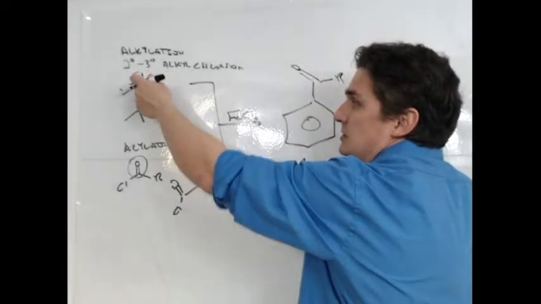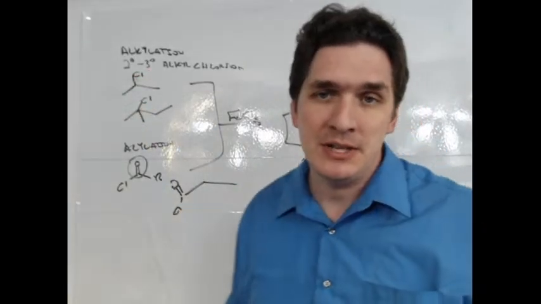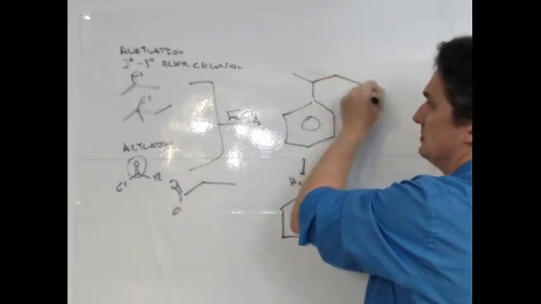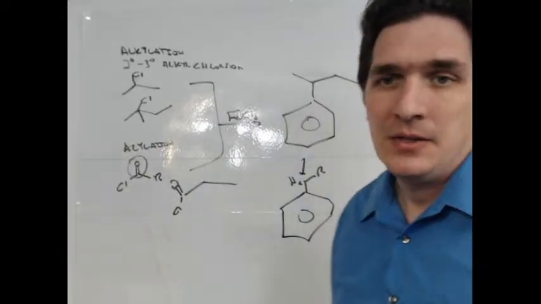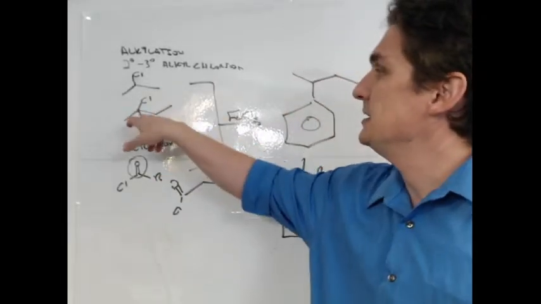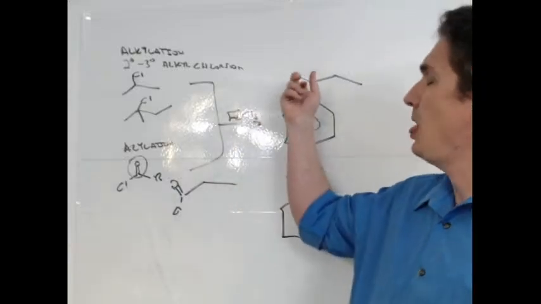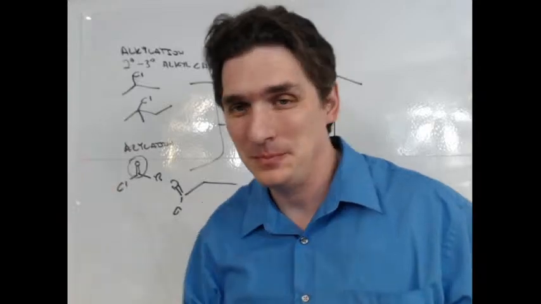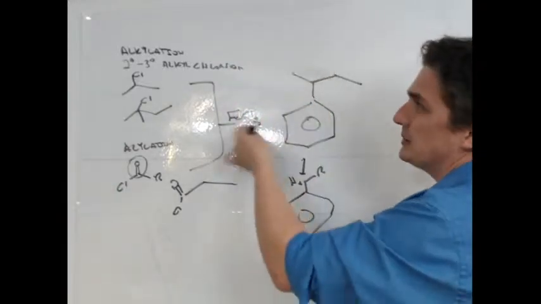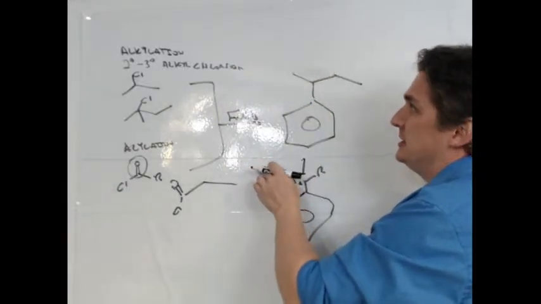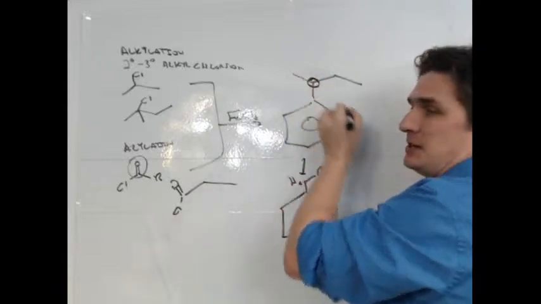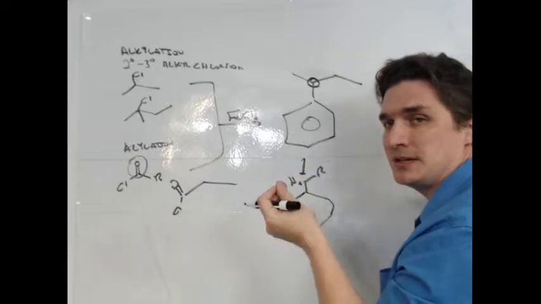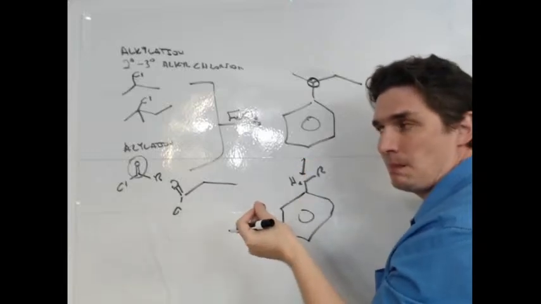But if we're okay with just having a secondary or tertiary carbon attached to the benzene ring, so something like that, then we could just do that directly from the secondary 2-chlorobutane. So how do we reverse engineer a Friedel-Crafts alkylation? Well, if this is a tertiary or secondary,